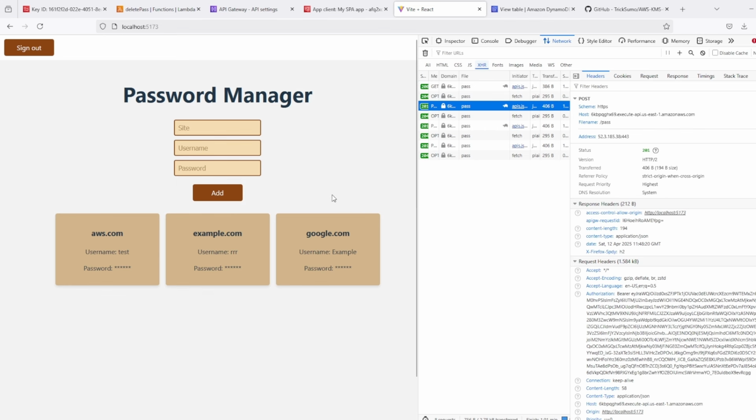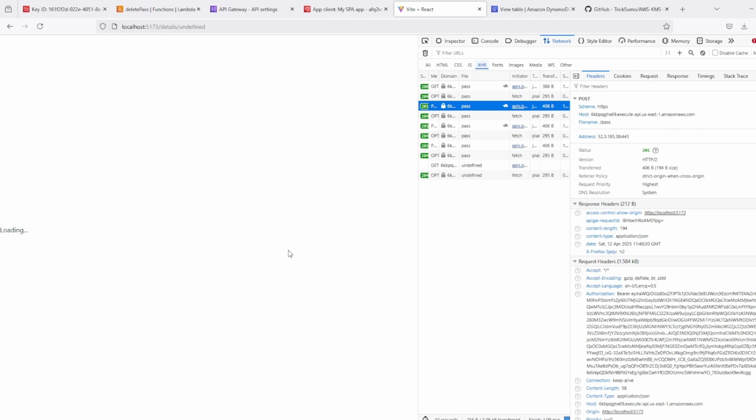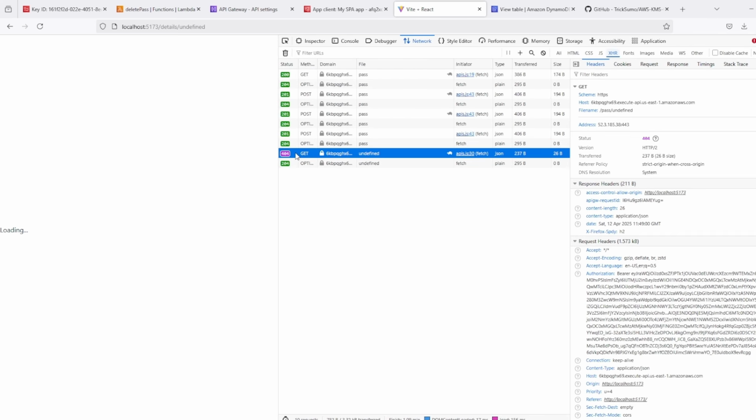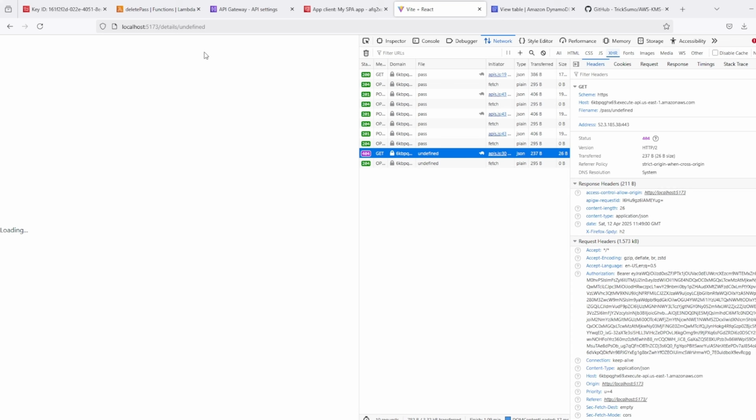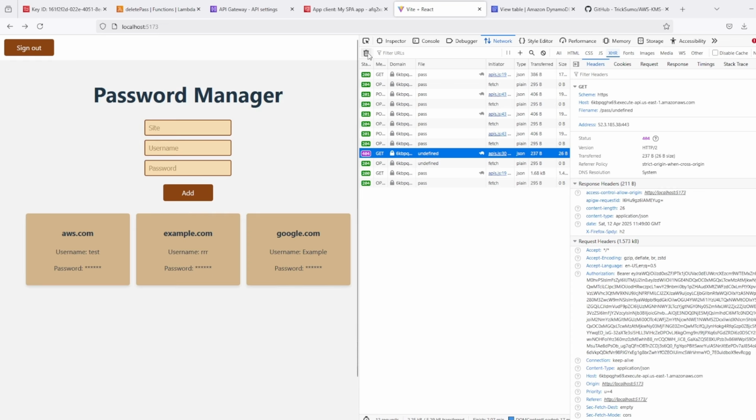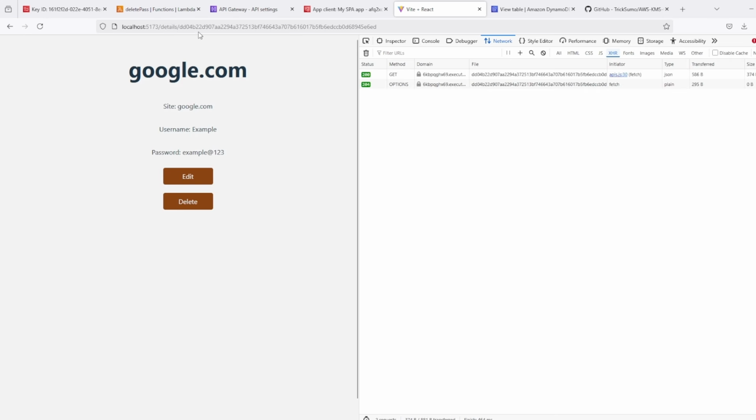So now let's click on one of these cards, and here I got undefined for something. Let's see. Not sure, for some reason password ID is undefined here. Let's go back here, clear it, and click again. This time we have the password ID, and for this password ID we got this password,